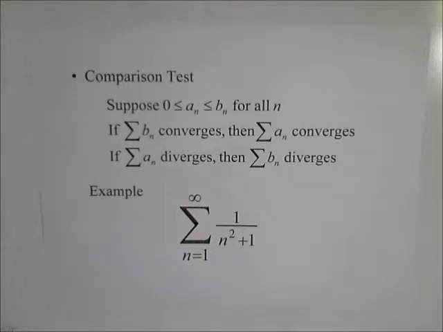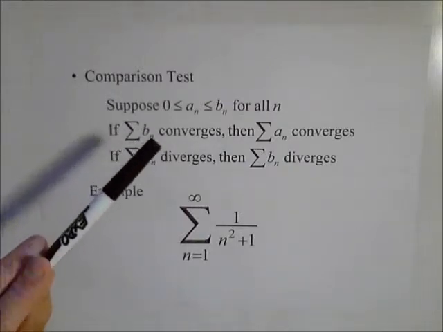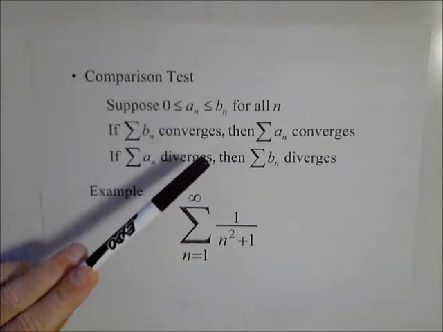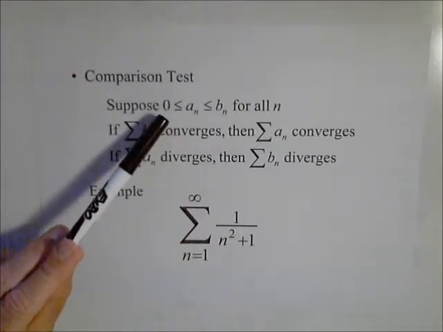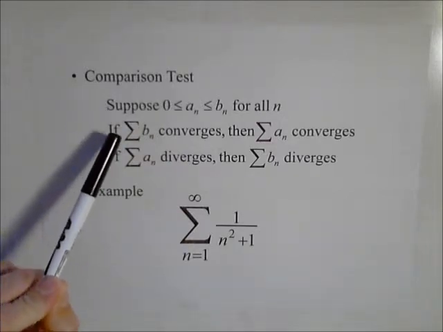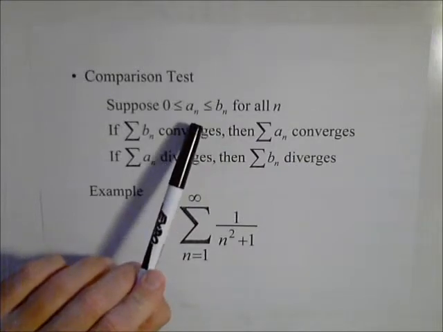So in this video, I want to talk a little bit about the comparison test and do a basic example. Now, the comparison test can be used for convergence or divergence, and it says that if we see that the sequence a sub n is always going to be less than or equal to b sub n for all n, with all positive, non-zero terms, then if b sub n converges,